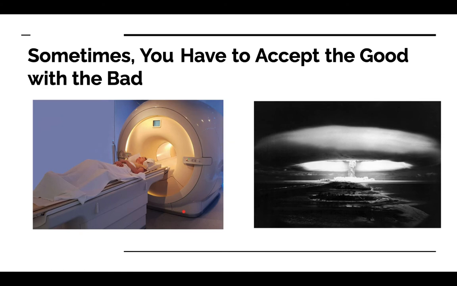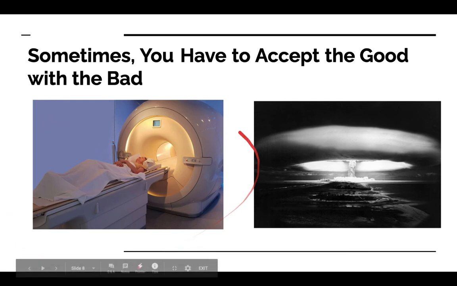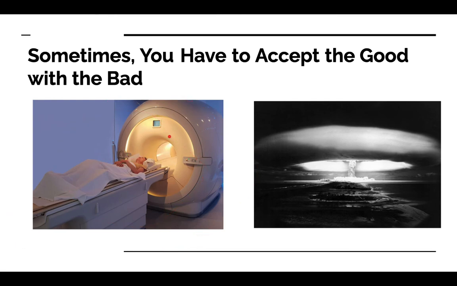And then sometimes you have to accept the good with the bad. Nuclear physics, for example, has many great benefits for humanity. Nuclear MRIs, again, being the one I've brought up the most since day one of this class. But in addition, you also have nuclear weapons and nuclear proliferation, which is extremely dangerous and presents an existential threat to humanity. So what we have to do is develop guidelines and ethical procedures like we've been talking about in order to deter the bad while allowing the good to happen, kind of screening, kind of filtering out good from bad.